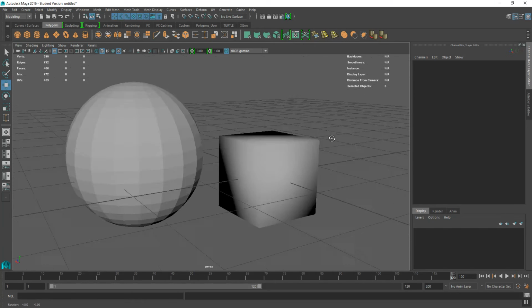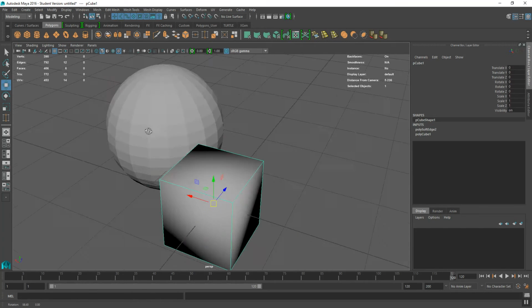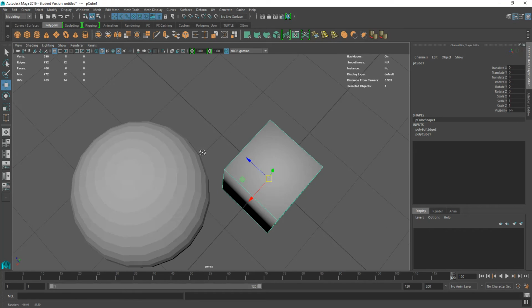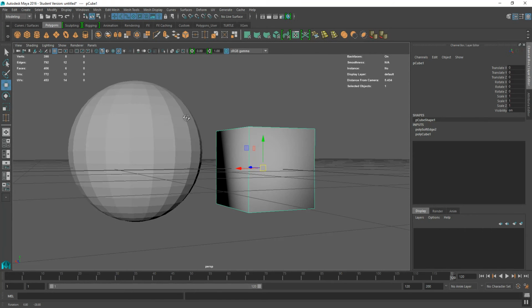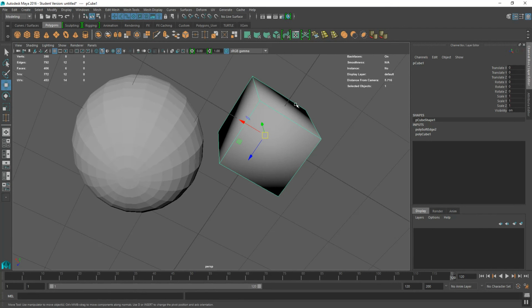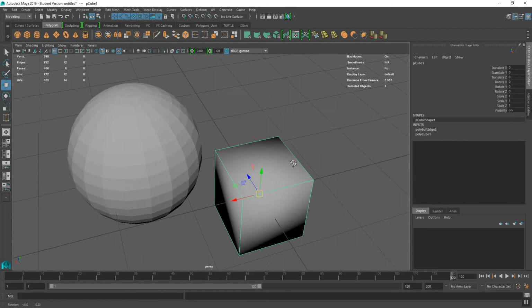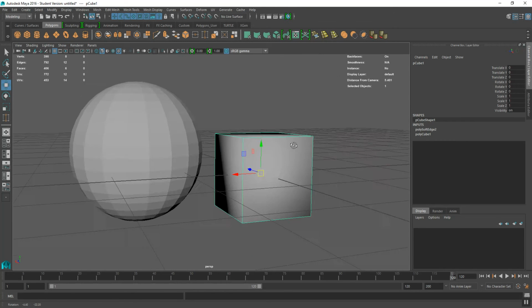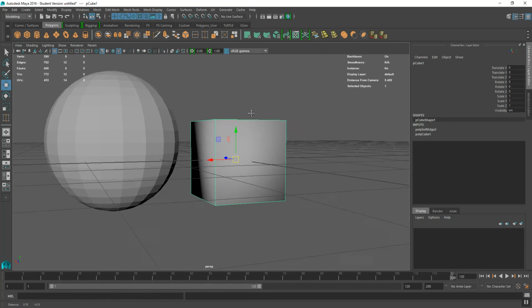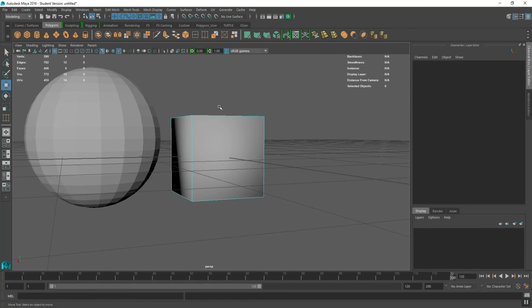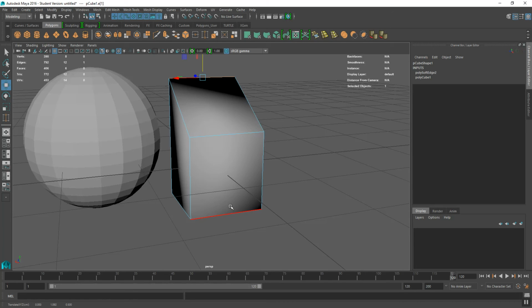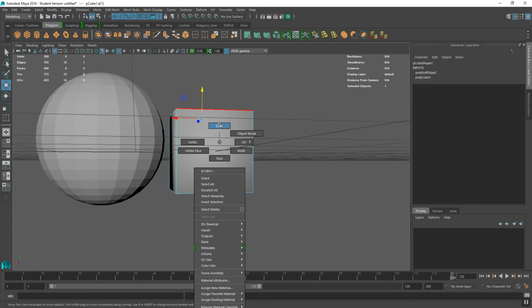Now, it hasn't added any more edges in there, it's just doing its best to make them look as rounded as possible. But as you can see with this cube, it is breaking because it's finding it really difficult to create a convincing soft edge. So you have to use this quite wisely, but it does mean that you can create, let's say I just